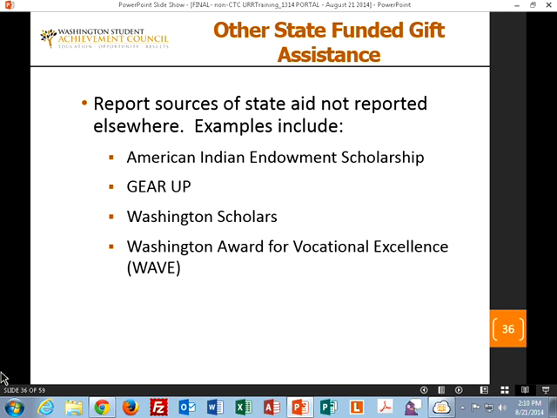Those last two have not been newly funded for a few years, but there still will be a number of students for 13-14 and probably 14-15. At this point, there's no hint from the legislature that these will be funded again. We would hope they would be, but so far they're not for new students. They're suspended.